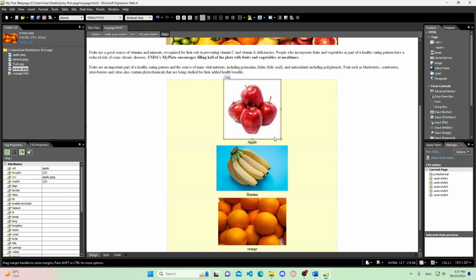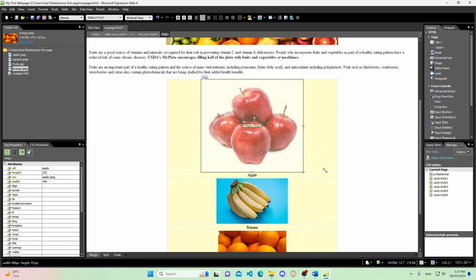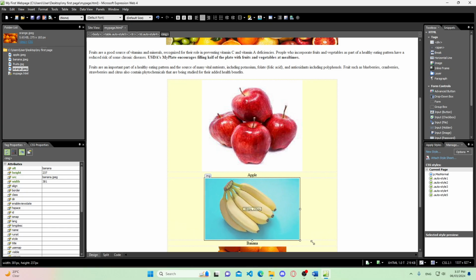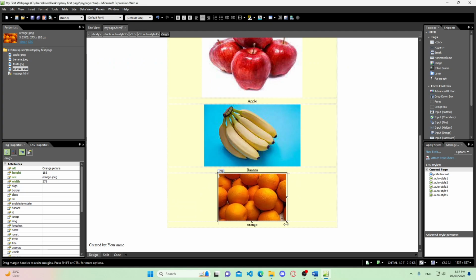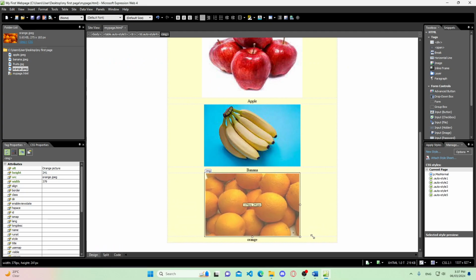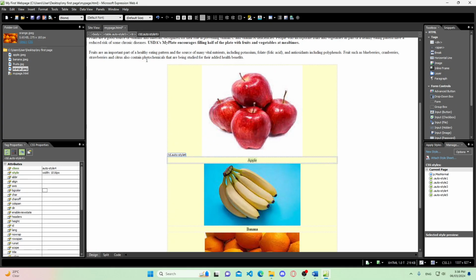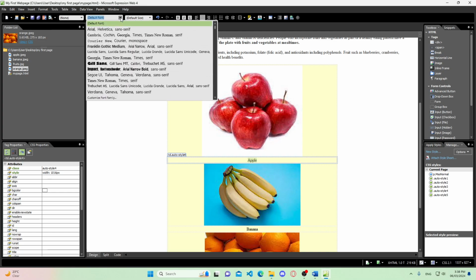If I want to resize the images, you can just drag like this until outside, and make all of them the same size. If we want to put the color, the titles,